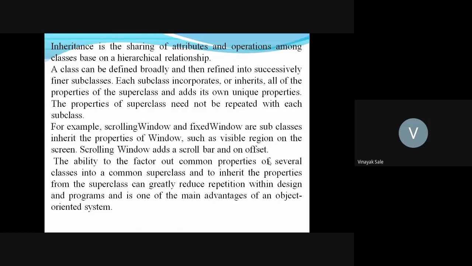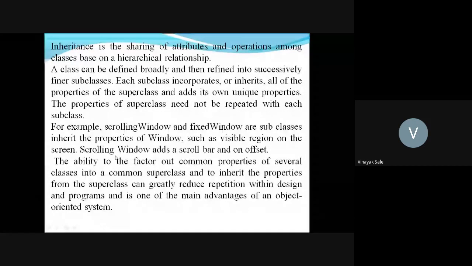These properties of the superclass need not be repeated with each subclass. For example, windows on a home screen. There are two types of windows: scrolling window and fixed window. The subclasses inherit the properties of window, such as a visible region on the screen.